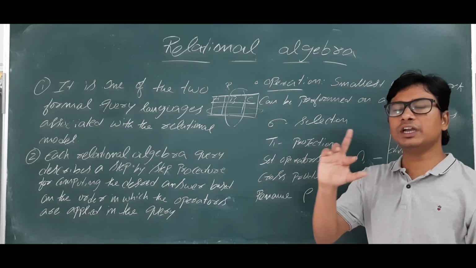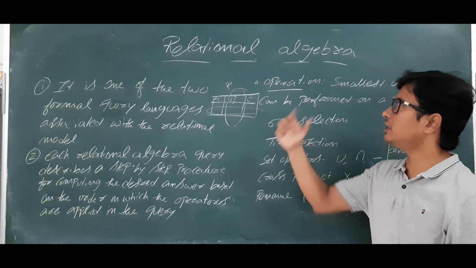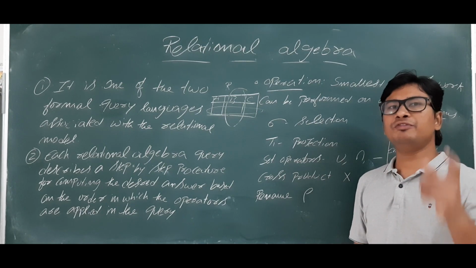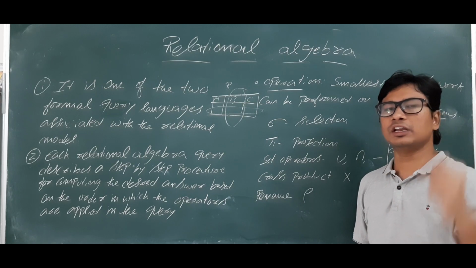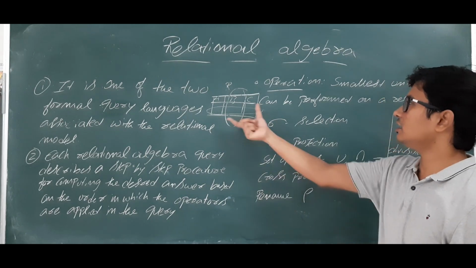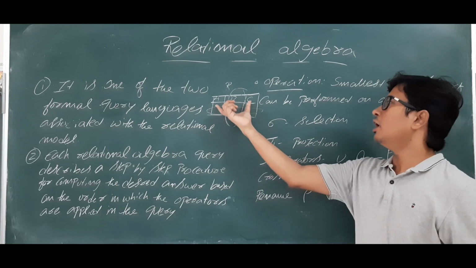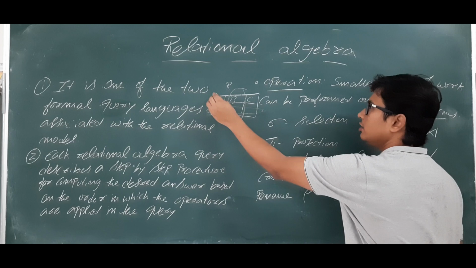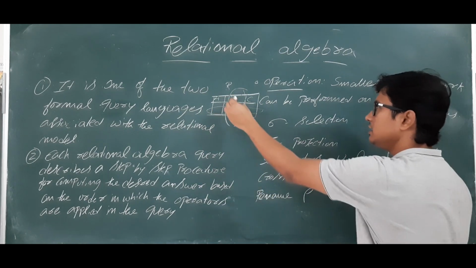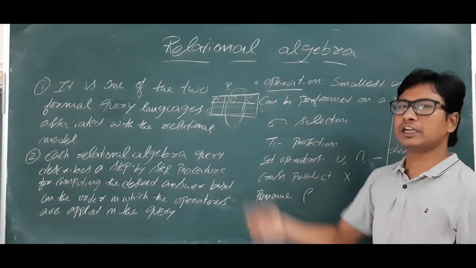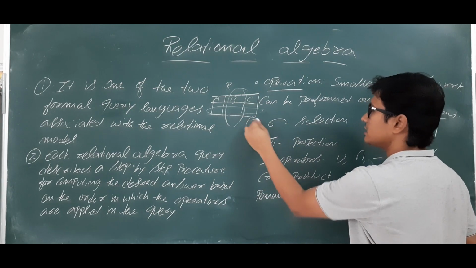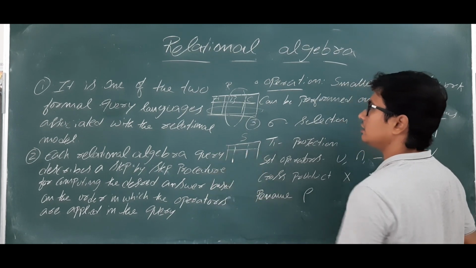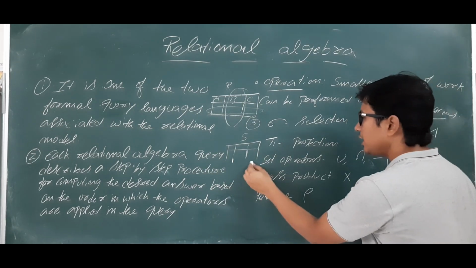Is it clear? Don't get confused between the degree in the ER diagram and the degree in relational algebra. In an ER diagram, the degree is the number of entities participating in the relation, and we call it the degree. Whereas in relational algebra, or in a relation, the degree is the number of attributes or the number of columns in the relation. If you see that relation R has 3 attributes, I can call the degree 3. If you take another relation S, it should also have degree 3. Then only can I apply it.